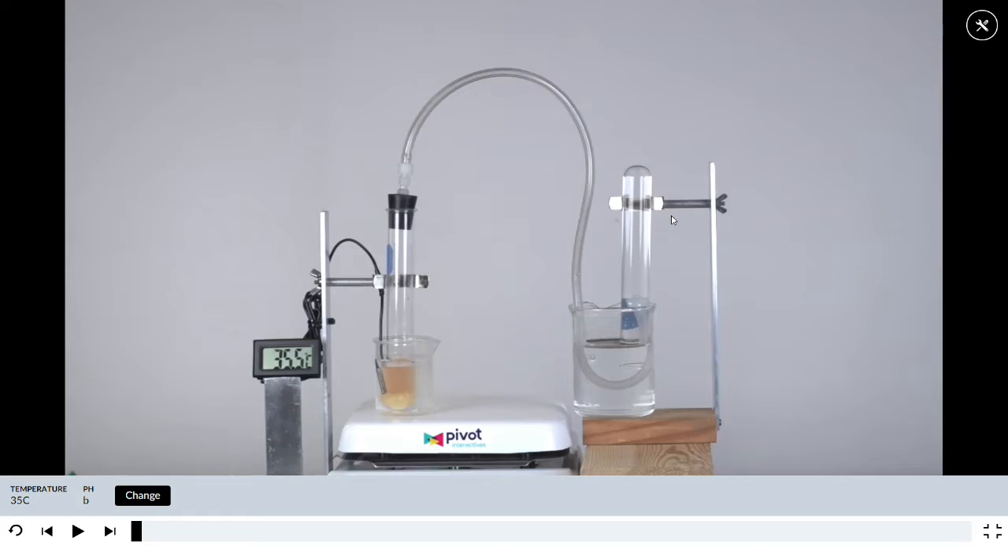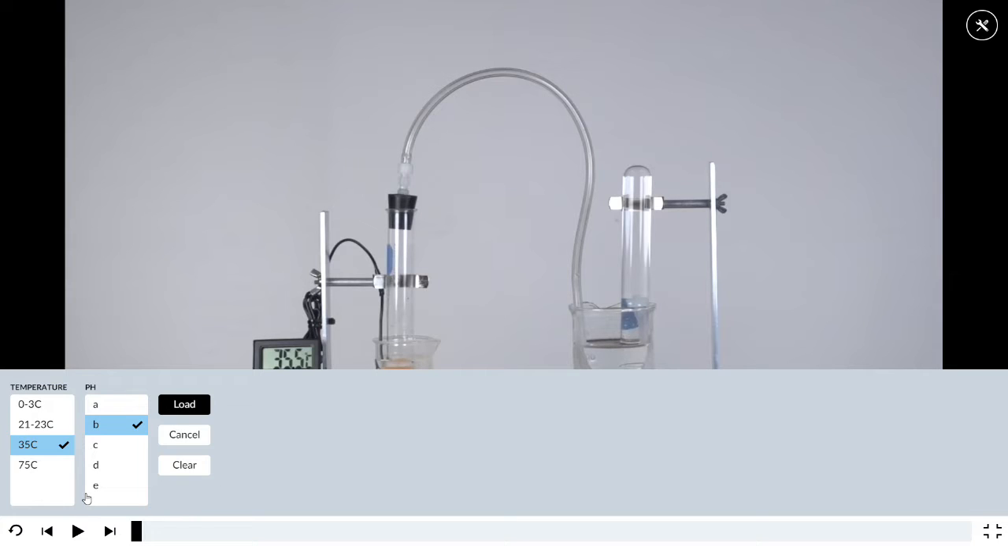So the kids are presented essentially with a video that they can control. They can play the video as many times as they want. They can stop it at any time when necessary. But what's nice about this is that they're also able to manipulate parameters like pH and temperature. So unlike a video on YouTube, which is somewhat passive, this allows them to actively go in here and change